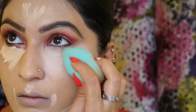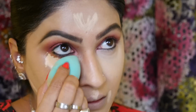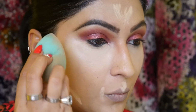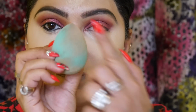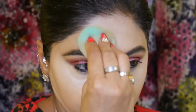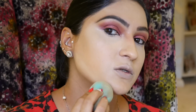Look up. And then I will take the rest up there. The same with the other eye. Okay, let's leave that like that. Use the Beauty Blender's body right here. Press that in. The bottom of it here that we used for foundation, we are going to just press this here. Going to also press this in,